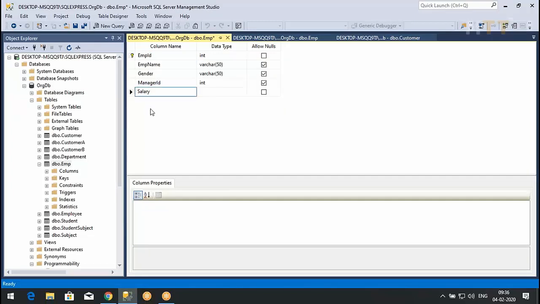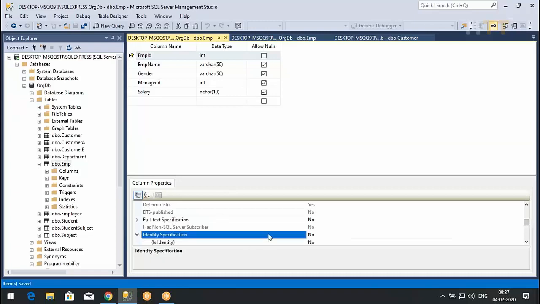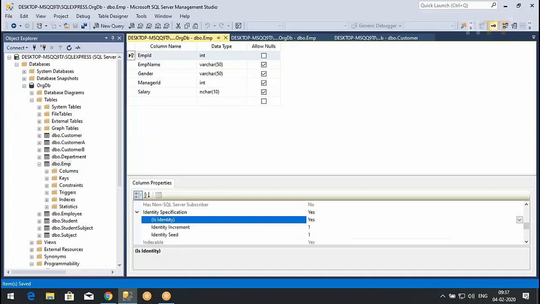Or shall I create a new table? This is okay, right? Allow null. Just save. Employee ID, is it auto-generated? It is not auto-generated. Let me change it to auto-generated. Now let me say save. What will happen? Let us see. Fine, it has got saved.